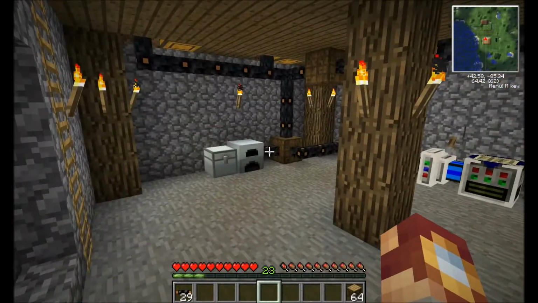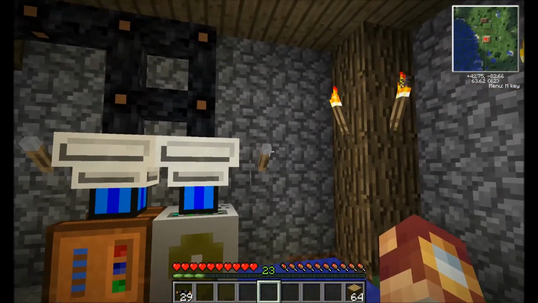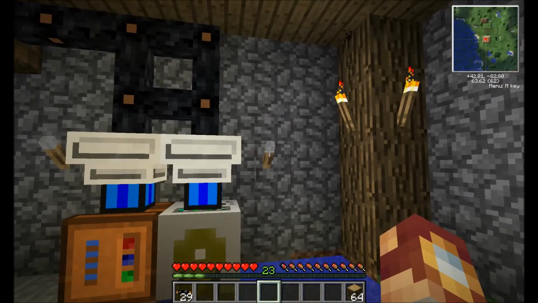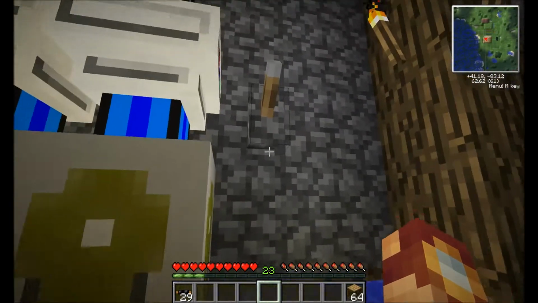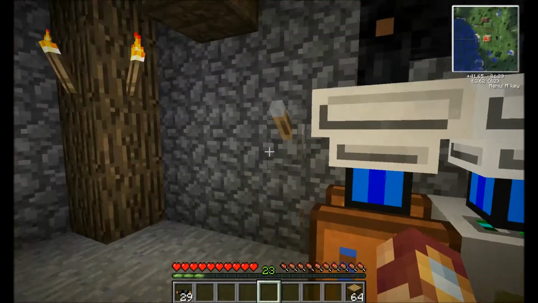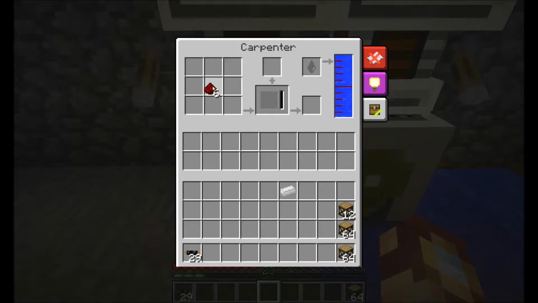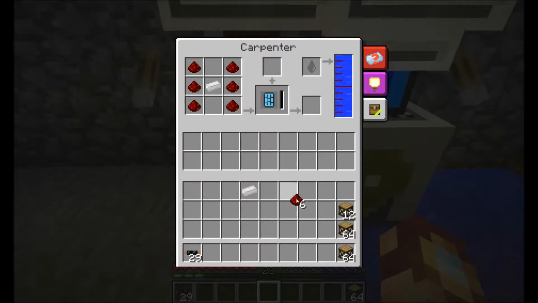Okay, so we're going to come down here. Actually, let's get the pump running for when we need it. We'll get this going. This is using electricity. Okay, that's how you set up the blueprint to work with. And as you can see, that's giving us...